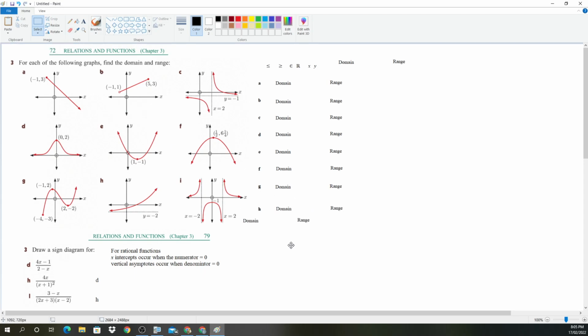Okay, so starting with the first one, we have a linear line which terminates at the top left point of -1, 3 inclusive. So that's a filled in dot there, you can see. So that point is included. When we say that, this is a good opportunity to copy out this,